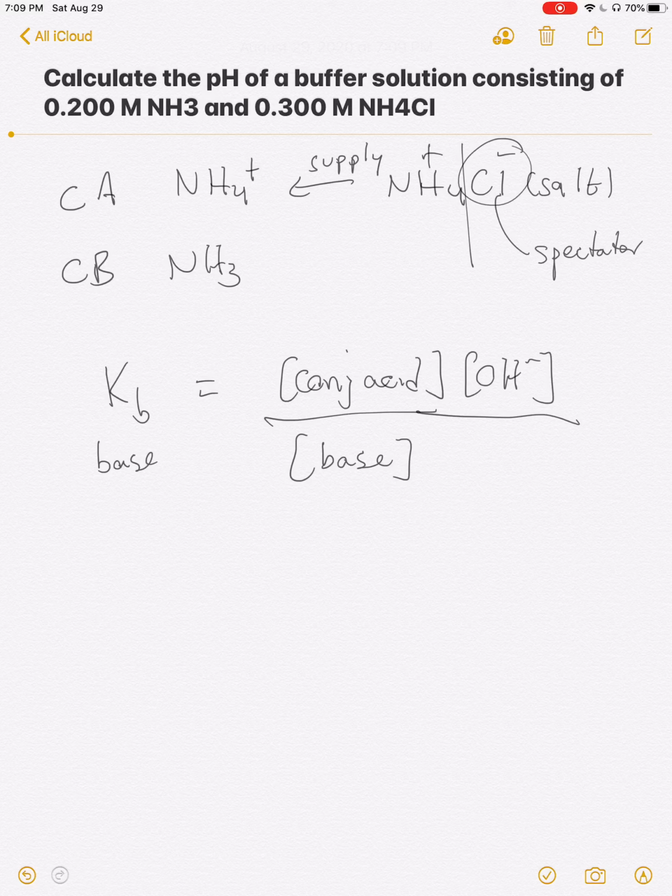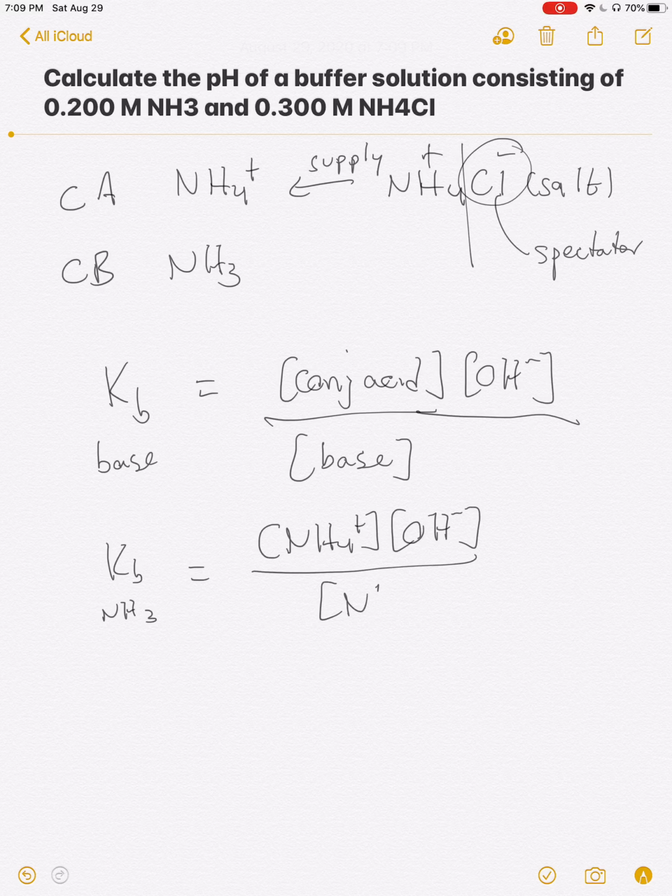So in this case, the Kb of ammonia would be equal to the ammonium concentration times the hydroxide concentration divided by the ammonia. And we can look up this value from tabulated data, and its value is 1.8 times 10 to the negative